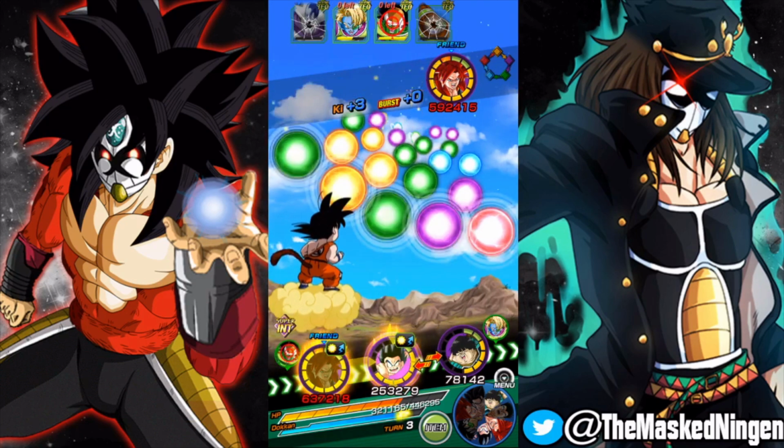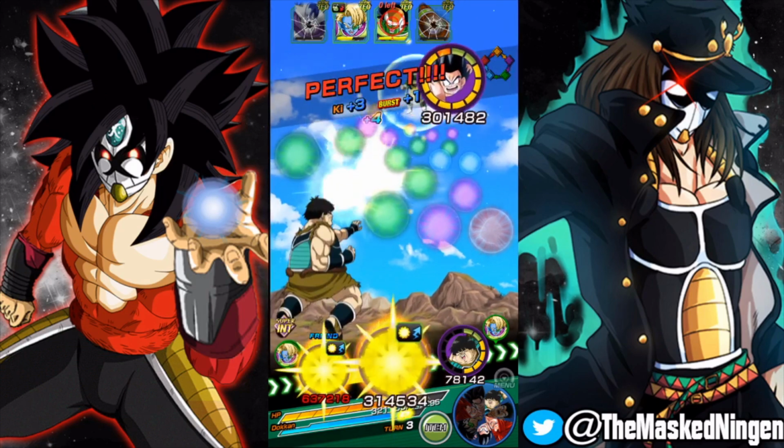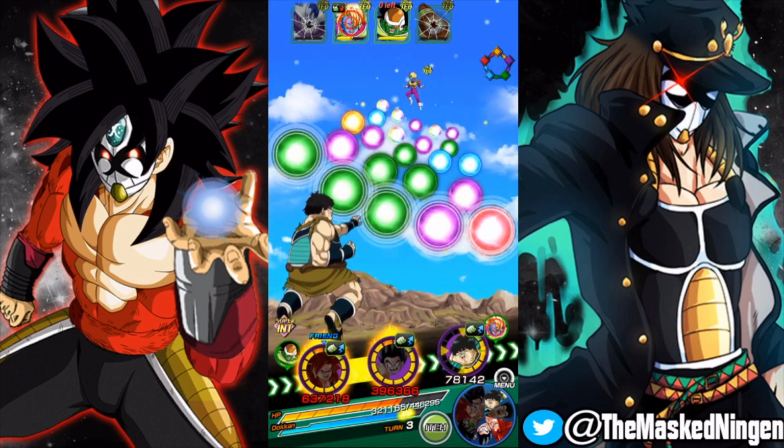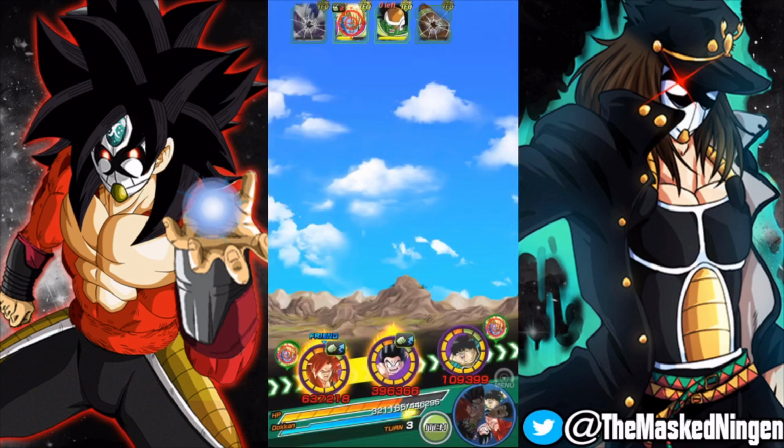So we should be able to finish off Thouser this turn. We'll try and stun Dore with Kid Goku, and then we'll do this with Shugesh. We're getting very close to the Dokkan mode, so as long...